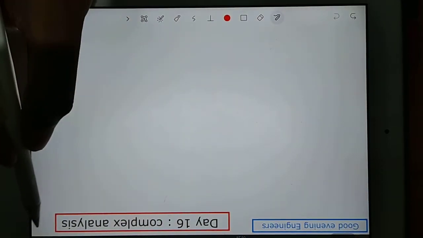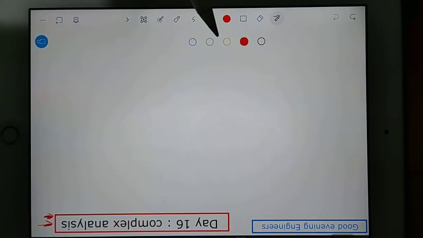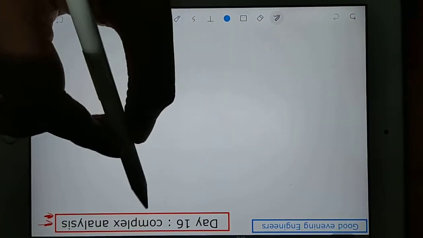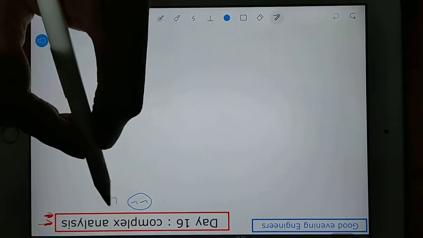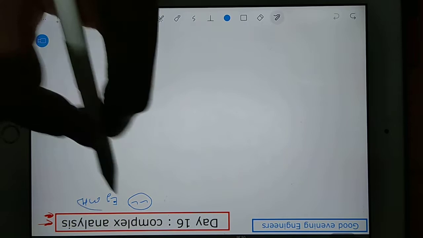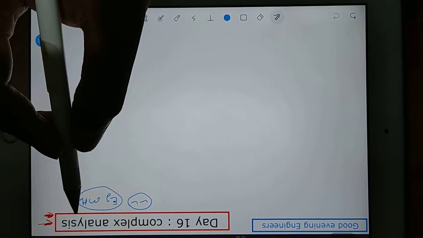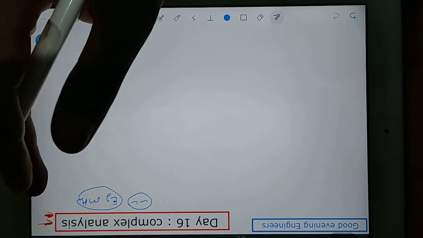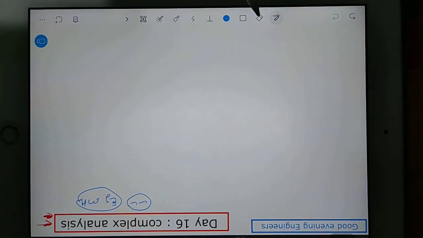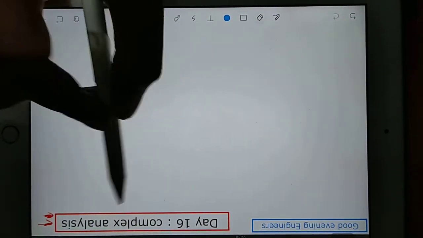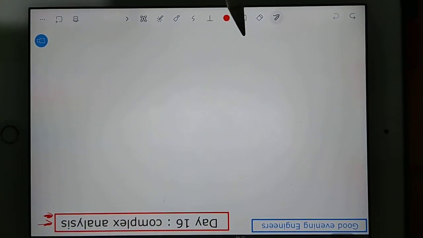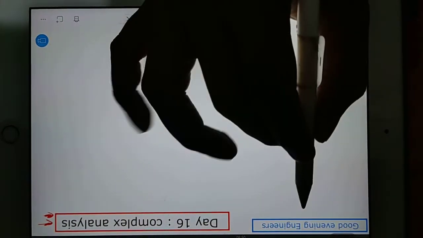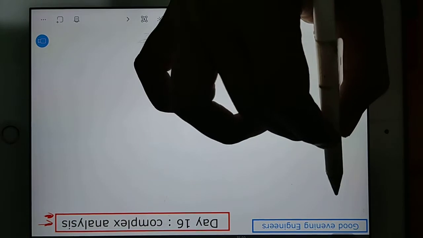We're starting complex analysis. In complex analysis, before going to the major theorems of engineering mathematics, first we'll cover some basics, meaning complex numbers and functions. First we'll go for the very basic, because for many students this chapter can be very new, very fresh. So let's first understand what a complex number is.